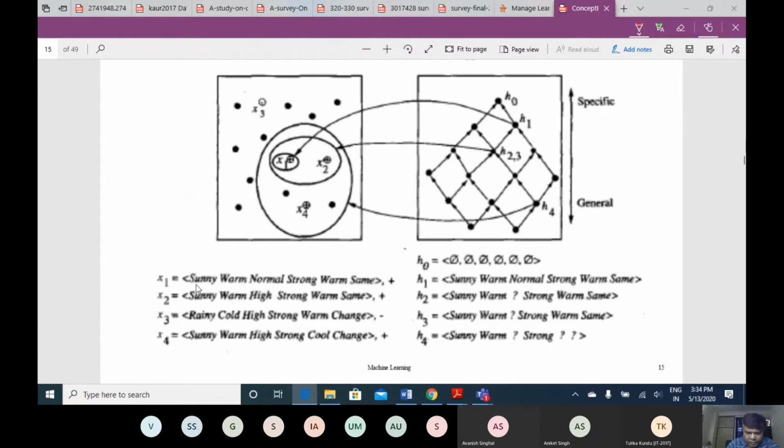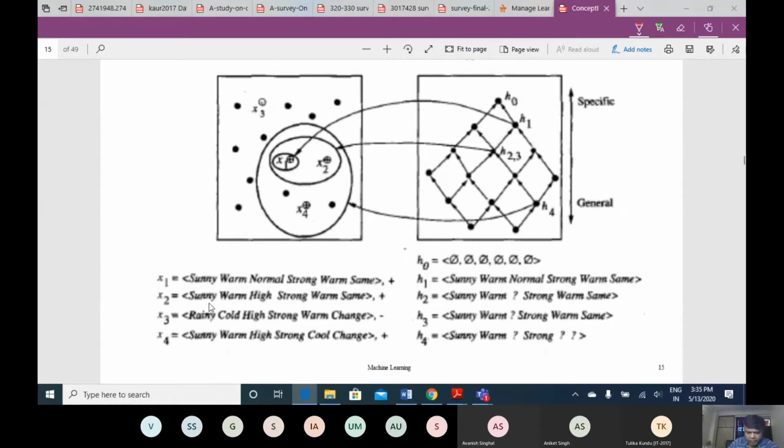Starting with the first positive example, we start the hypothesis with the same value as that one, and then we try to generalize a particular feature value where we have changed the value. So what do we mean by these two examples? If sky is sunny, air temperature is warm, humidity may be normal or high, it makes no difference, wind should be strong, water should be warm, forecast should be same.